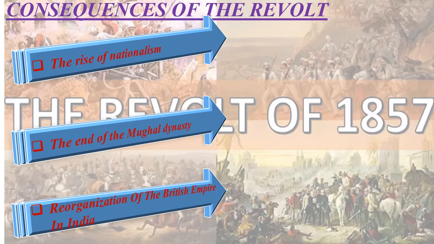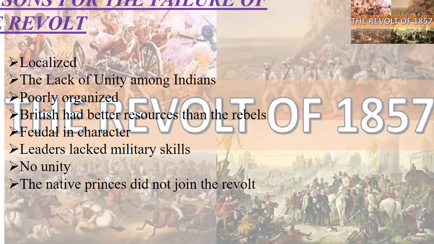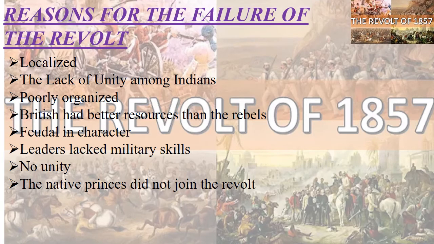Several factors are also responsible for the failure of this war of independence. The revolt of 1857 did not involve all sections of Indian society. Most Indian rulers and zamindars who had benefited from British rule refused to join the rebellion. The people who took part in the revolt did not know for certain what they wanted to do after seizing power from the British. They were opposed to the British rule but were unable to provide any effective alternative to it.